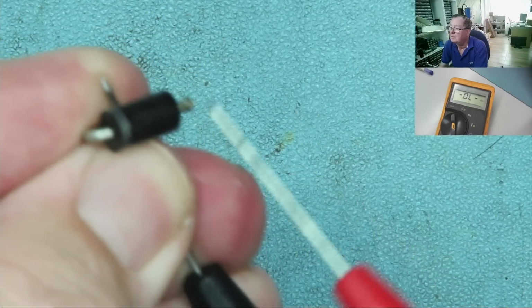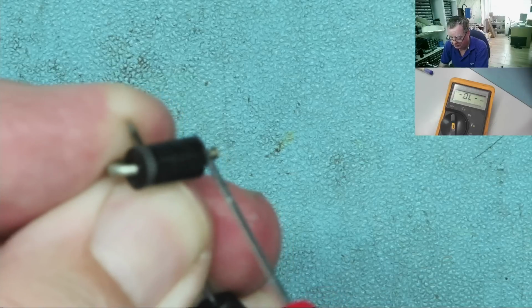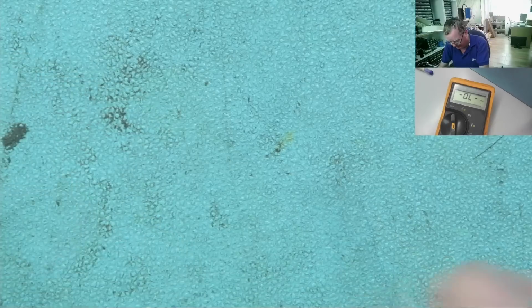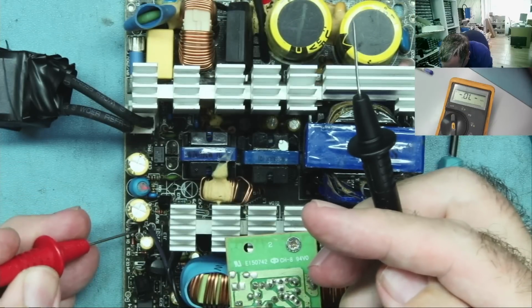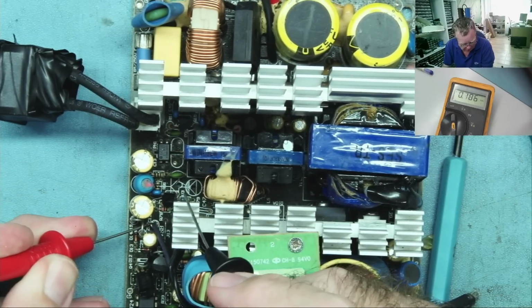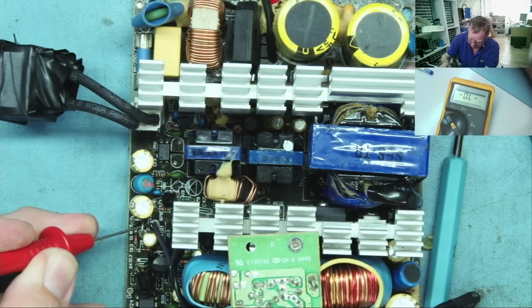What do we have? We have a short circuit diode. So that's gone short, but is there another short? Okay. Well, once again, we'll go from the purple wire, which is down here, to ground. No, and the short's now gone. So it looks like